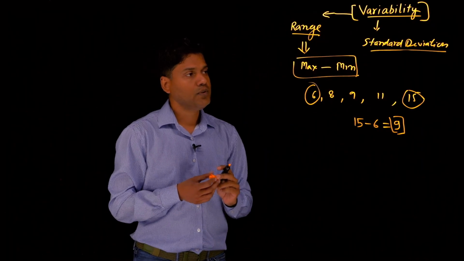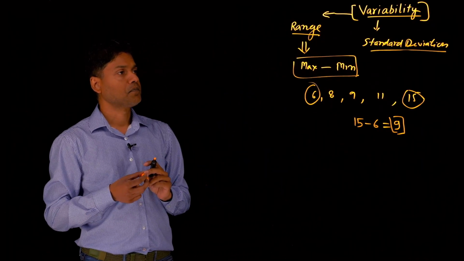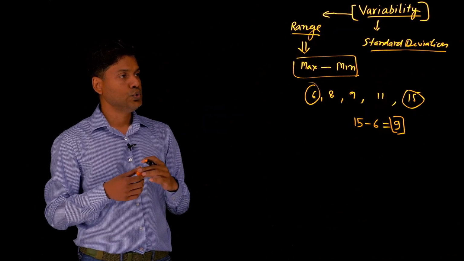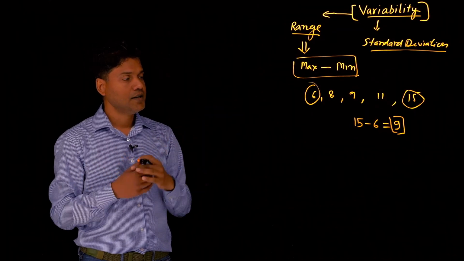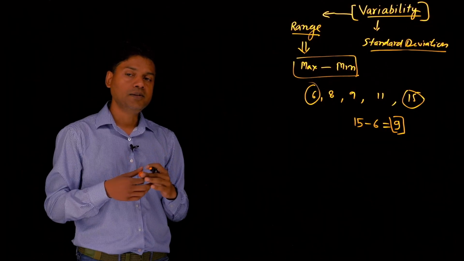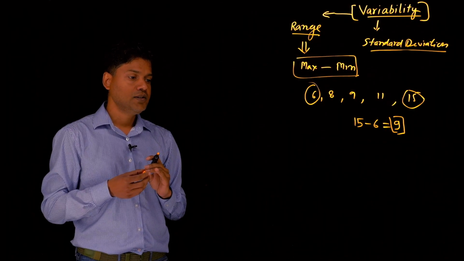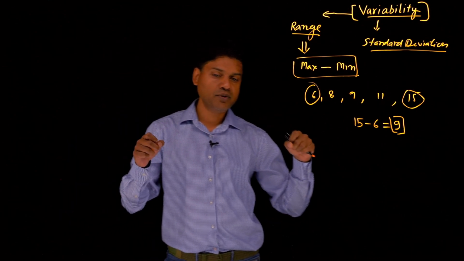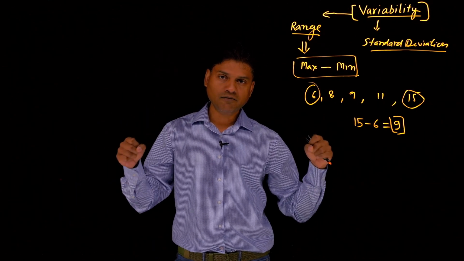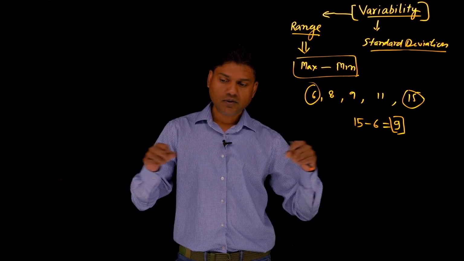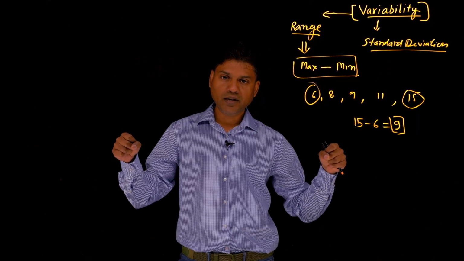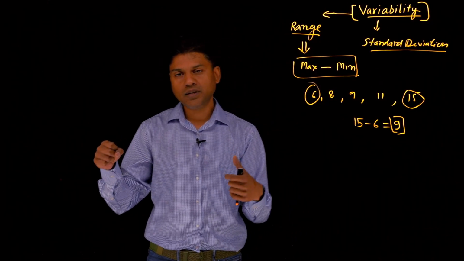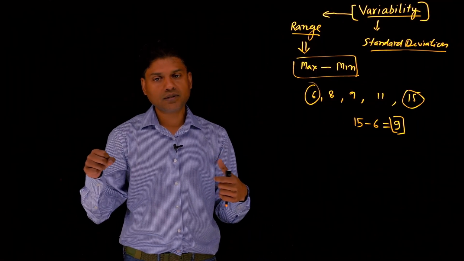With the range, obviously it's very simple statistics to see the spread of data, but it is limited in the sense that it only shows you the difference between the max value and minimum value in the data. So in a way it shows the spread of the data, but does not tell you the actual story of the data. For instance, let's say